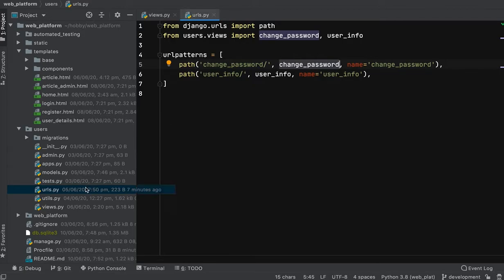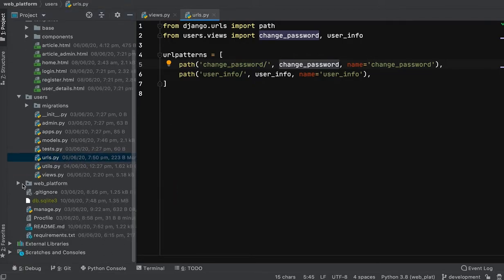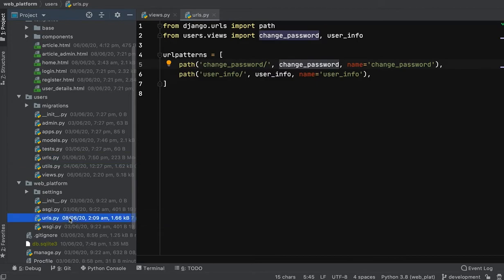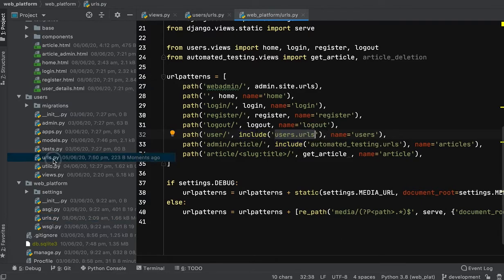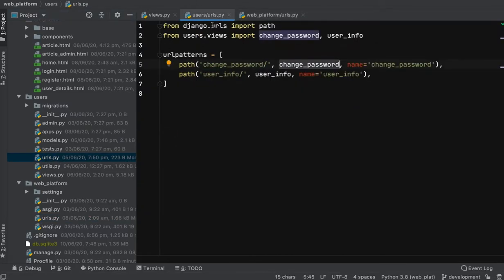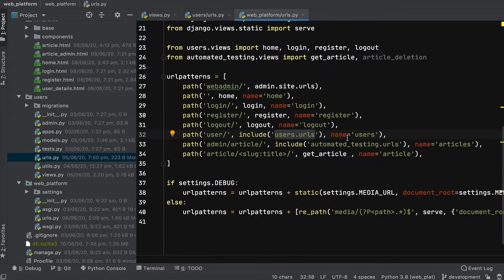Internally this view will be mapped to URLs in the web platform, which is the project configuration. If we take a look, this is mapped to the user path, which includes users.urls, which is the one we have seen before, and it is named users.